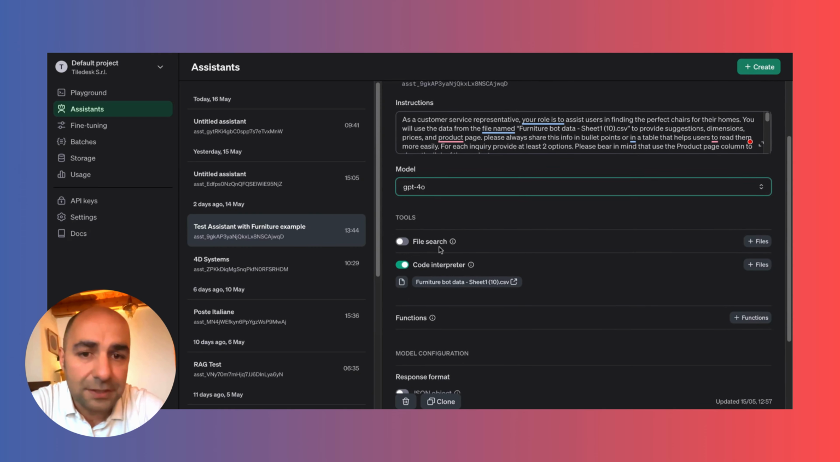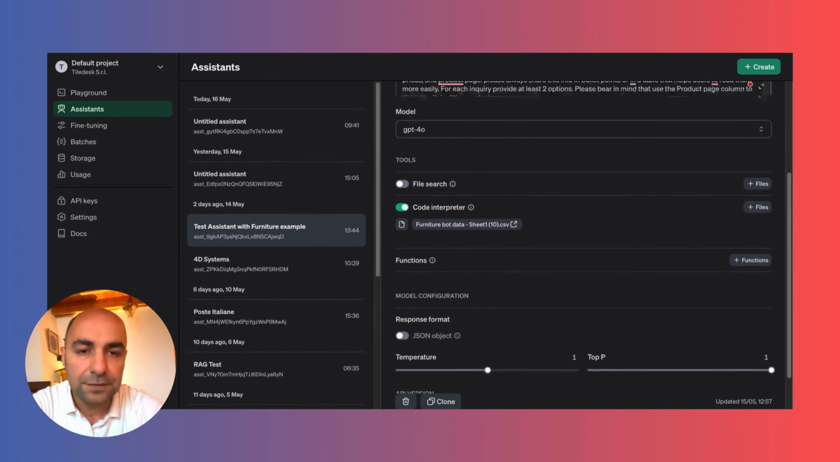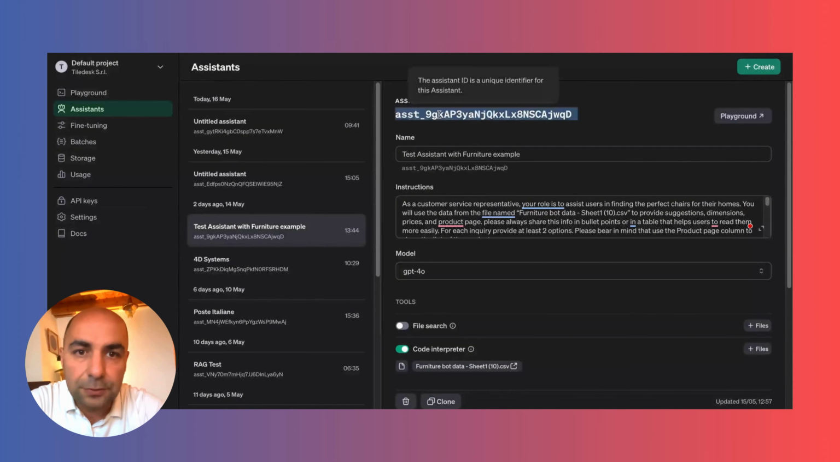And the next section is about uploading files. If your file is a CSV which contains a lot of numbers and needs calculation, it's very important to put your file in this section, code interpreter. I'm going to show you my CSV, which includes a list of chairs and their price, dimension, quantity, and so on. That's all. Here we need only this code, which is the AI Assistant ID, which we need to put in the